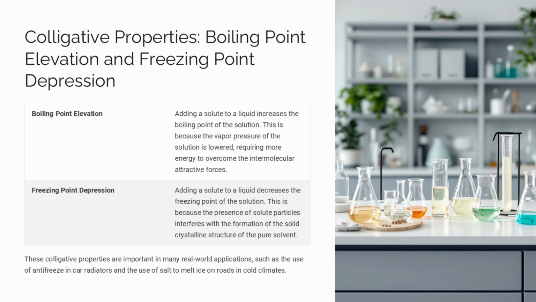Freezing point depression: adding a solute decreases the freezing point of a solution by interfering with the formation of the solid crystalline structure. These colligative properties have important real-world applications, like using antifreeze in car radiators and salt to melt